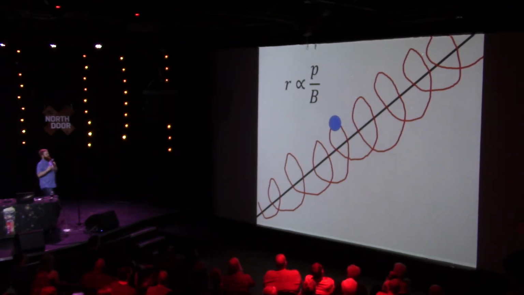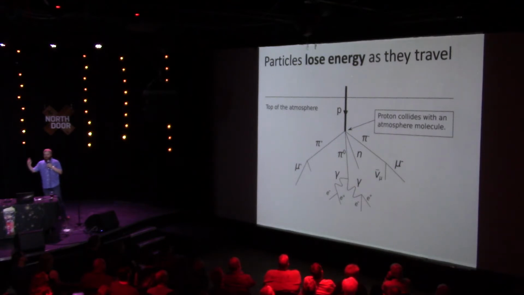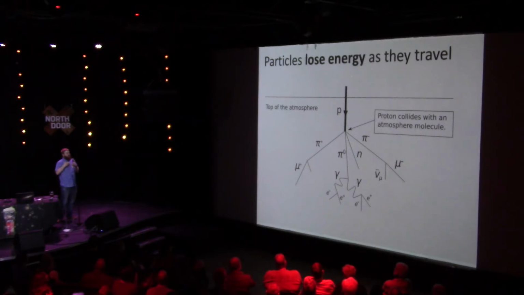So the other thing that happens as they're traveling through the gas in the galaxy is very similar to what happens when they travel through the atmosphere: the proton will collide with some gas in space, and it will shatter. And it will create all these other particles like pions and muons, and gamma rays and electrons and positrons and all the other particle zoo. And so they not only have to spiral along magnetic fields, but then they start to lose energy over time. But when they lose that energy, they're giving that energy into the rest of the gas around it. And so because of this, cosmic rays can actually couple to the rest of the galaxy quite well.